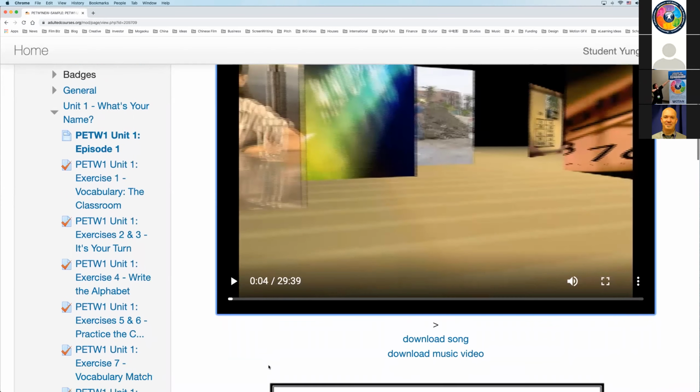In the first example, when I clicked on the link, the video opened up in a separate window. That way, the student can always have that window, that video, open while they're working on the unit exercises. They could always refer to the video, okay? But they can also watch the video while it's embedded on the page. They don't have that much screen space, okay?